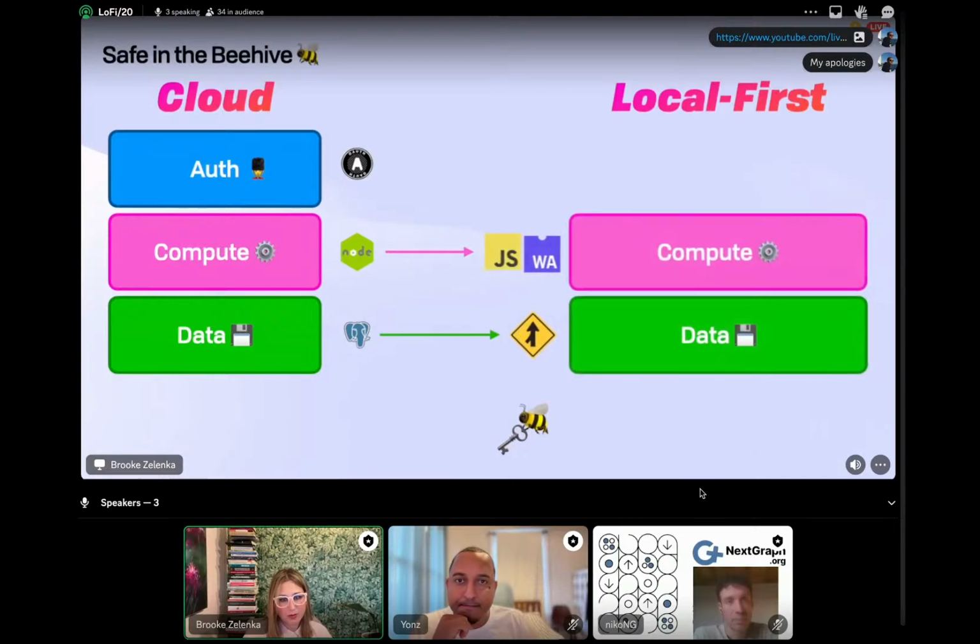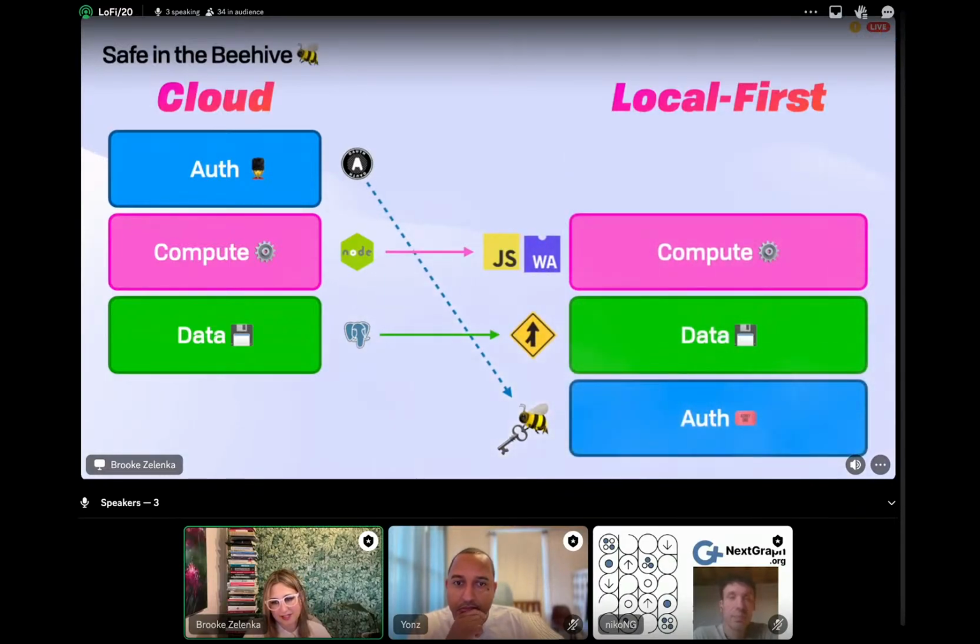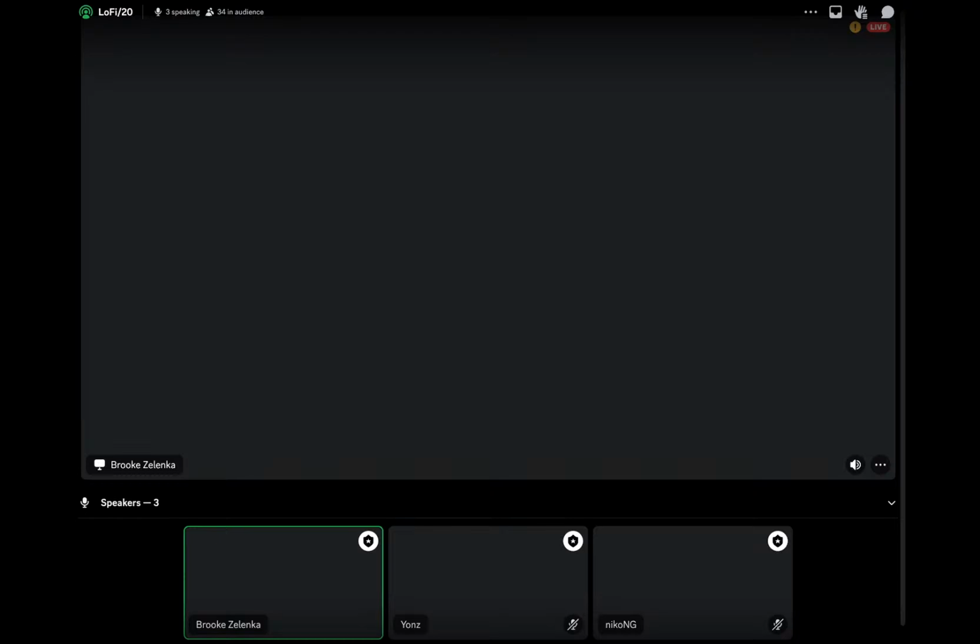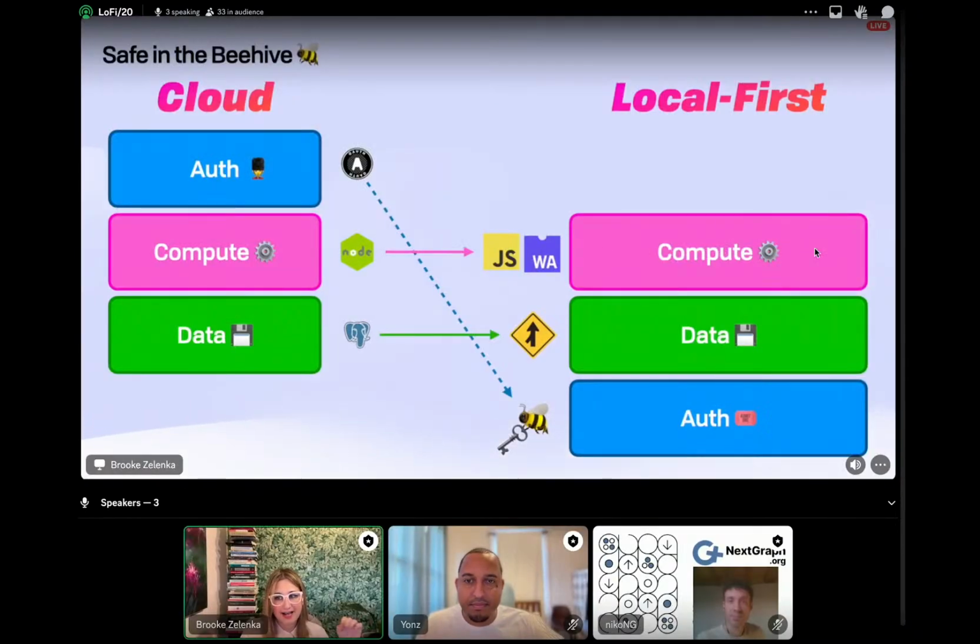So when we started working on this stuff at Fission, 5-6 years ago, we had this idea in our head on the left, which is how most apps are set up. You have data at the bottom, you have something like Postgres. Above that, you have some compute layer, Node, Rails, whatever it is. And above that, you have an auth plugin. But because we need this auth-as-data picture, auth actually lives at the bottom. It has to secure the data no matter where it lives. And it has to